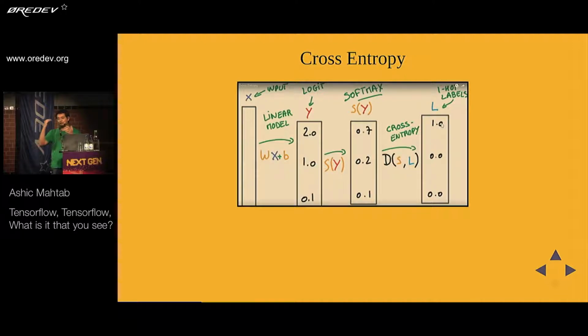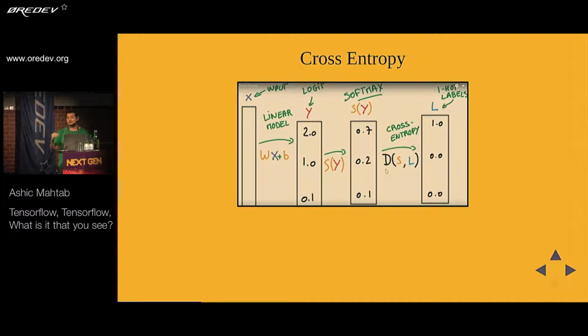And then logistic regression is a supervised learning algorithm, which means that you have to give it a training set with pre-classified data where you know what the results are to help it learn. So what you basically do is you take your labels and run it through a cross-entropy. And the cross-entropy function, the D function over here, is actually fairly simple. It's basically a product between your labels and the minus log of the softmax.